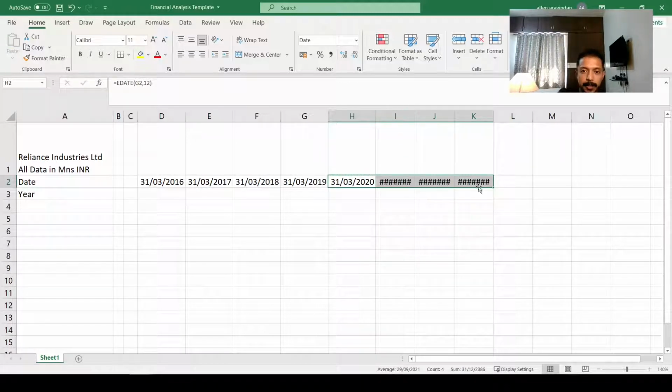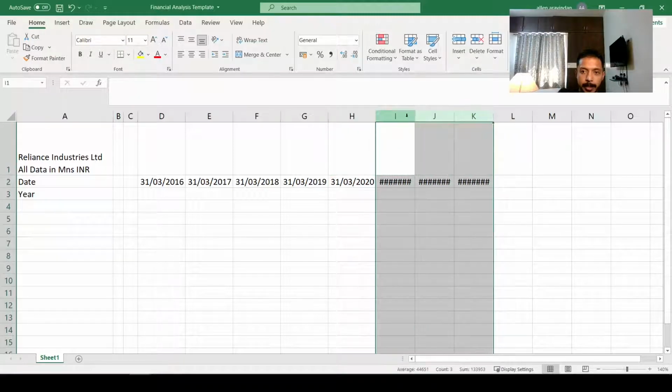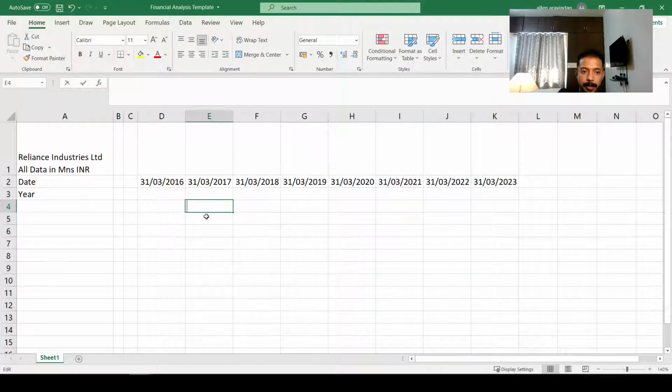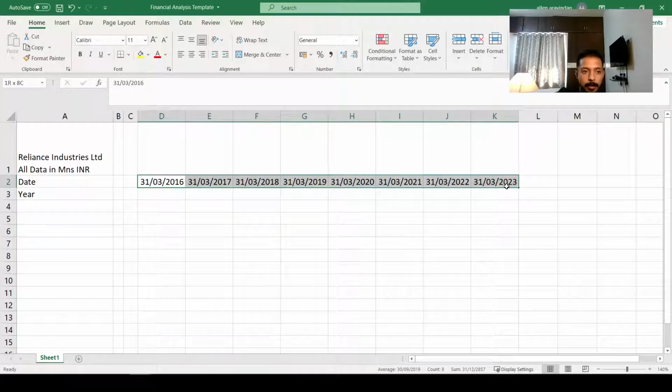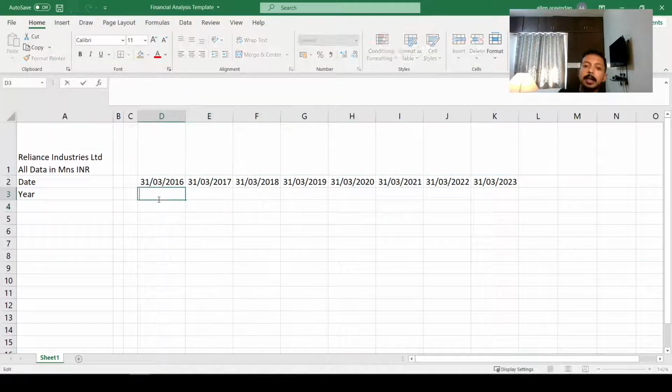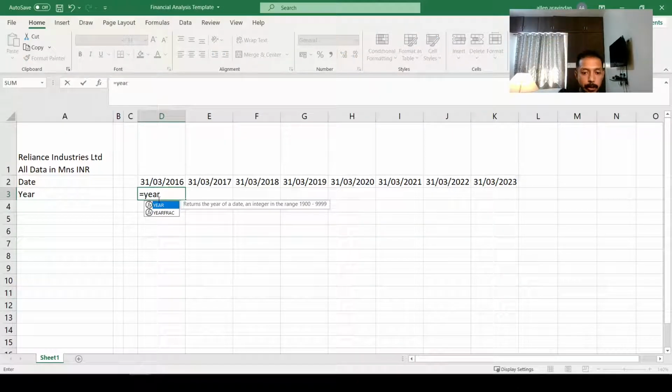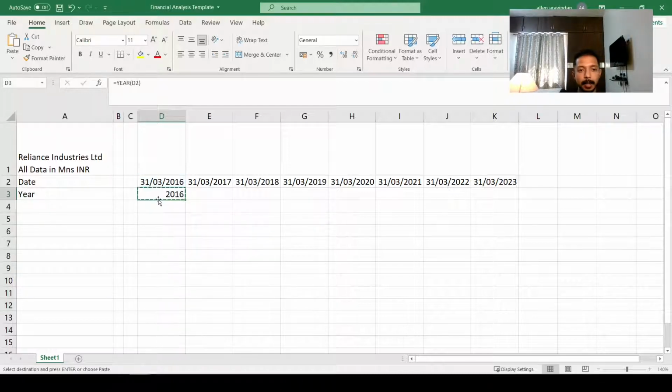Now this signifies that the number is a little too large to be displayed, so what you can do is just select and double click, right? So your date is now available. All right. Now you want to display only the year so that it's easy to identify, right? So just use the year function and just select the date and drag it,